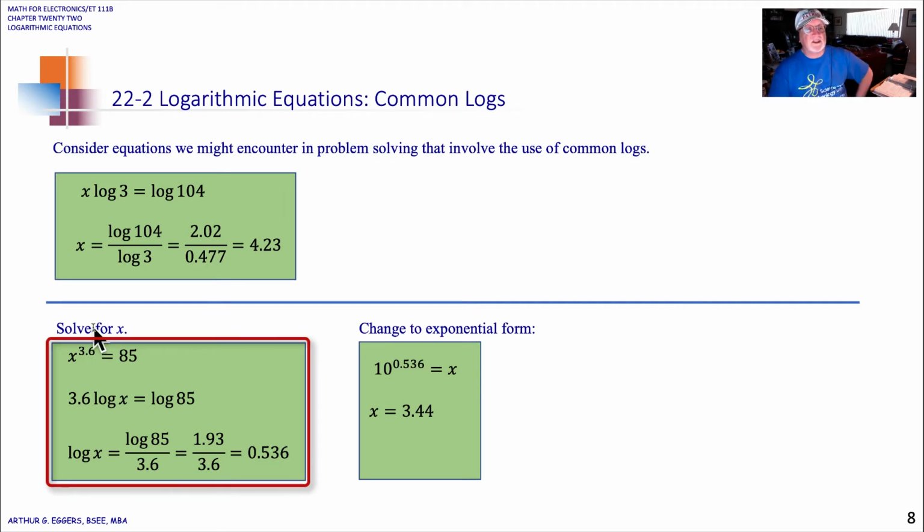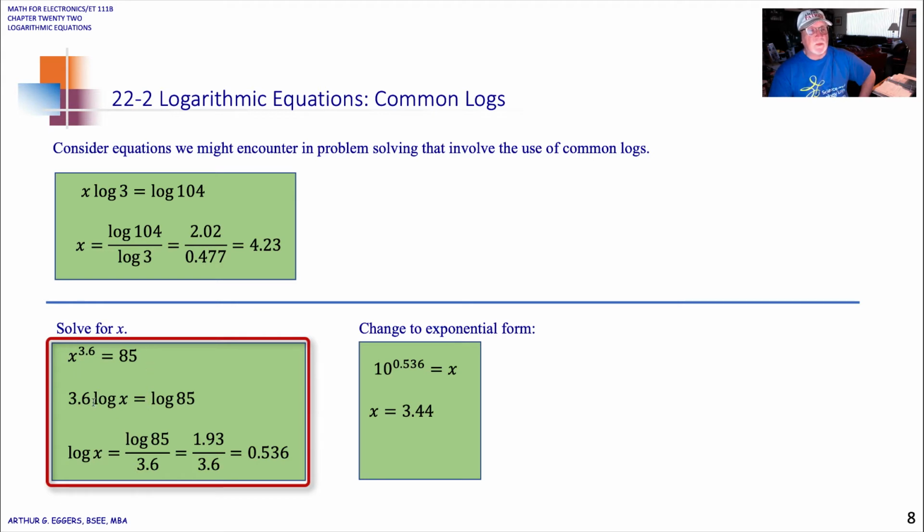In this case, the next example, we're going to solve for x. We have some unknown x raised to the value of 3.6, and we know that in solving that, had we known x, we would have a value of 85. Well, in this case, again, all I have to do is take the log of both sides of the expression, and you'll notice here the exponent on the x comes down as the leading term. So it's just a matter of bringing 3.6 down in front of the x after we take the log of